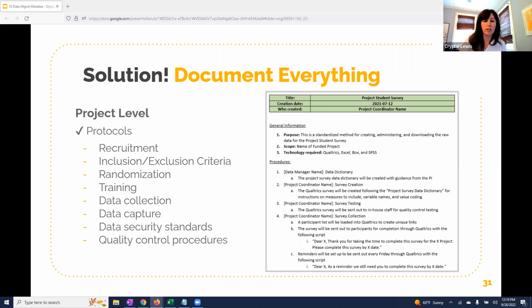So over here to the right is an example of a portion of a protocol for a student survey data collection procedure. If you zoom in a little bit, you can see the roles and responsibilities are assigned throughout, and every step in the process is laid out so that the same procedure can be repeated with fidelity next data collection round. If at any point there are revisions to this protocol, those changes, along with a date and a reason for those changes, are documented in your protocol.